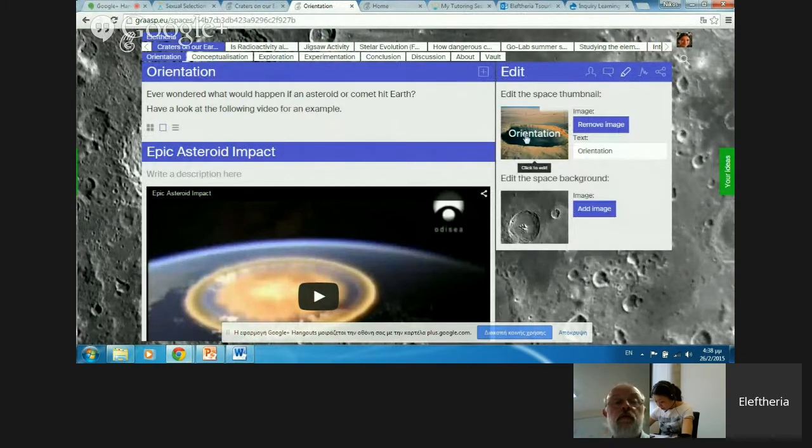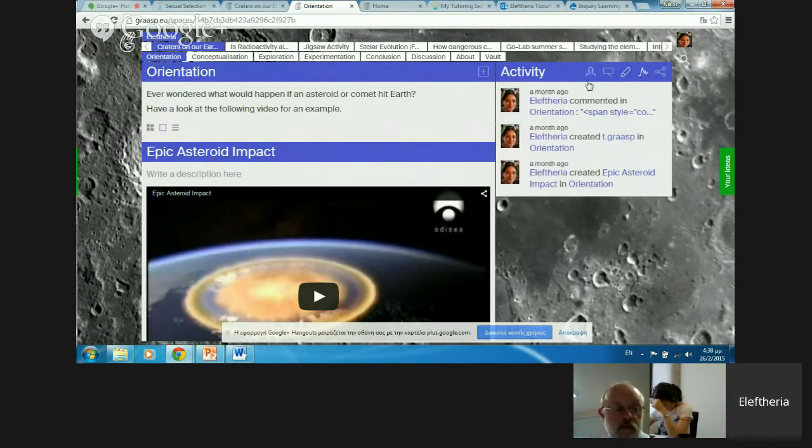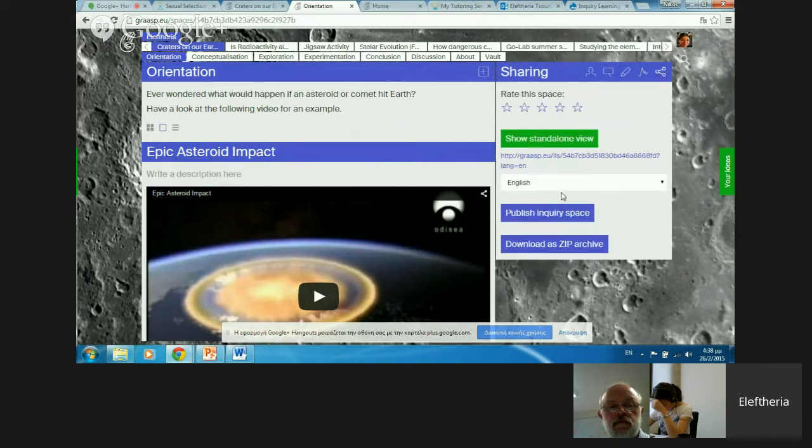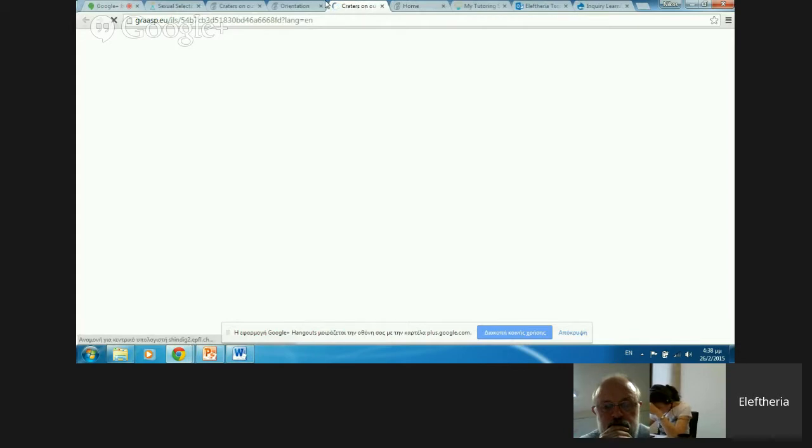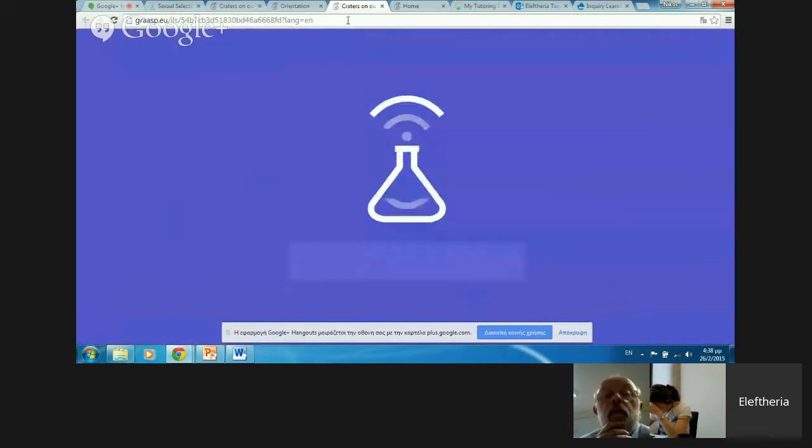You can choose to edit the space that you have. You can change the background. You can change the image of the thumbnails. If you have collaborators, from this option here you can see what everybody has been doing in the activity. And from this share button here, you can go to the standalone view, which is the one I showed you. So if I click here or here, I will be able to view my activity as a standalone view,